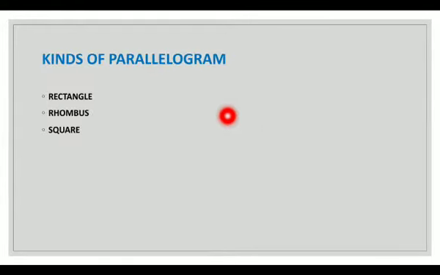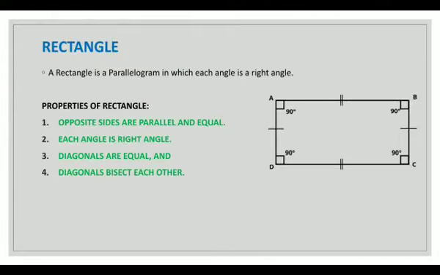Kinds of parallelogram. There are three kinds of parallelogram: rectangle, rhombus and square. The first one, rectangle. What is a rectangle? A rectangle is a parallelogram in which each angle is a right angle. The properties of rectangle. ABCD is a rectangle, and the properties of rectangles are: